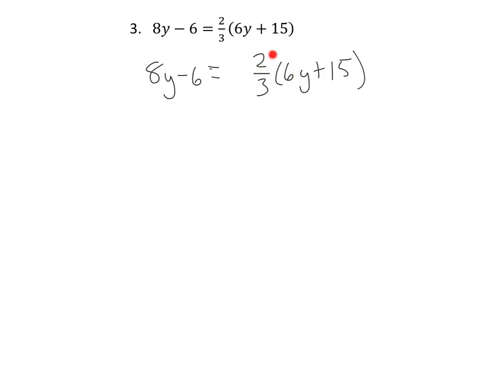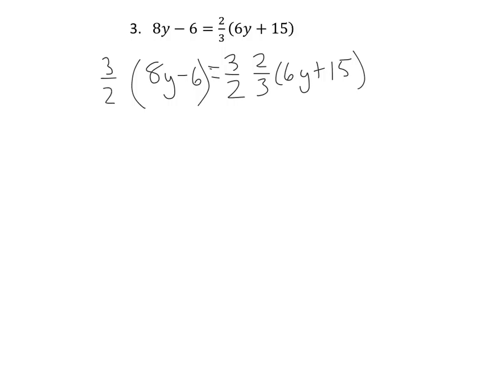If I were to distribute this, what's 6 divided by 3? It's 2. What's 15 divided by 3? It's 5. So see how both of these are divisible by 3? So you could distribute if you want. Or the other way would be to multiply by 3 over 2 on both sides. Okay, so what we'd have to do